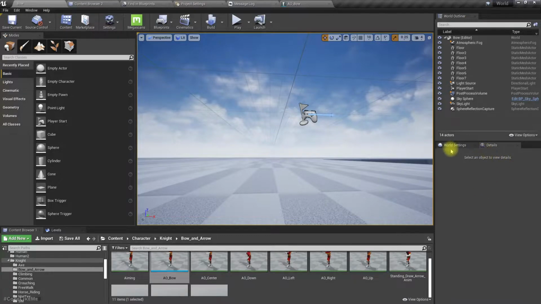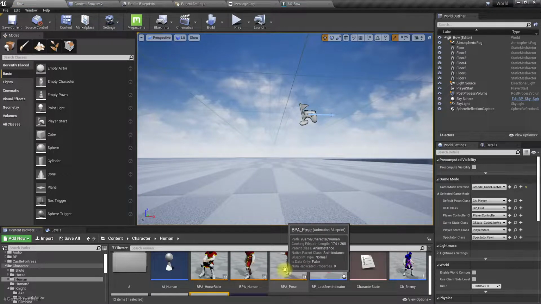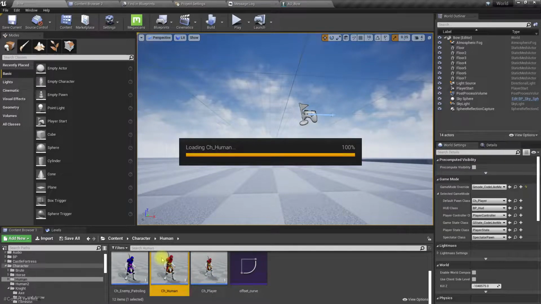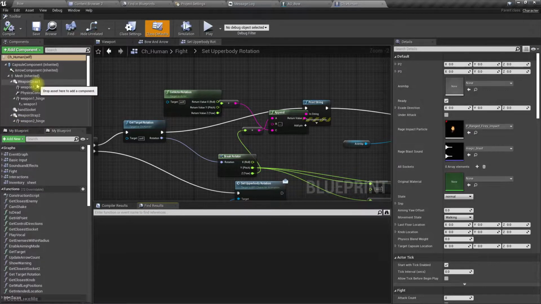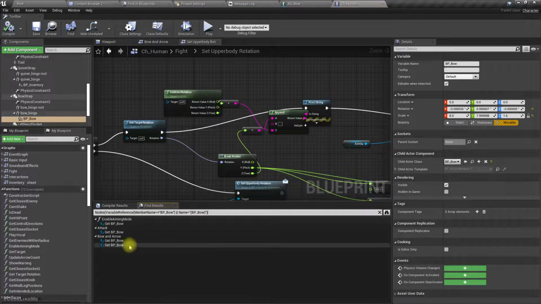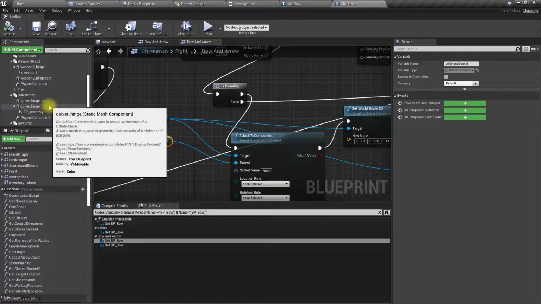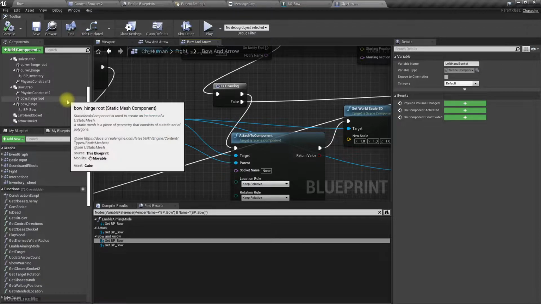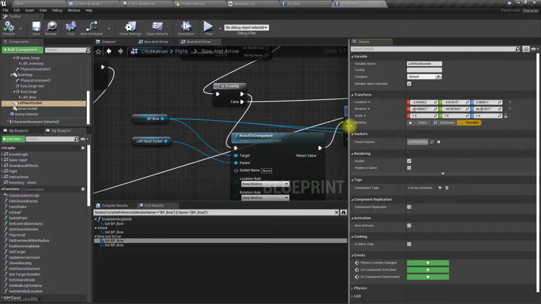Okay, let's check the character. When we equip the bow, here is the bow. We attach it to left hand socket. The bow, we attach the bow to left hand socket. Let's see where that is. Okay, here it is attached to the left hand thumb. Okay,